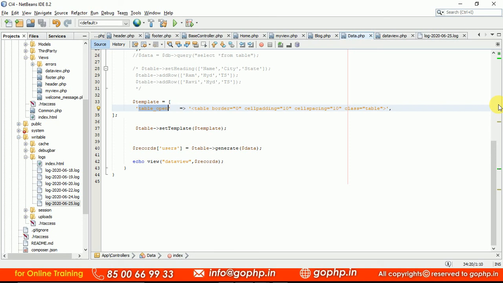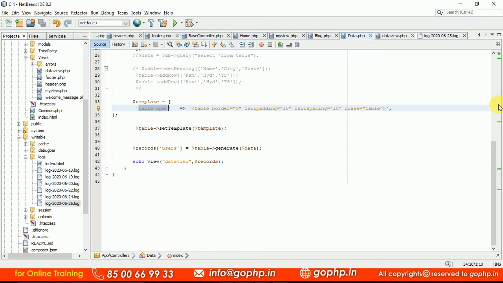Thank you, guys. This is exactly how to use the HTML table class with dynamic data and static data, and how we can add records, how we can add the rows, how we can define our own headings, how we can customize the table, and how we can add some predefined classes to this table class and all, right? So in the next session we are going to discuss the HTML parser class.